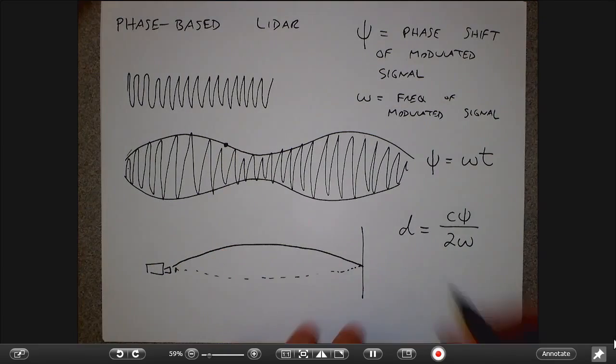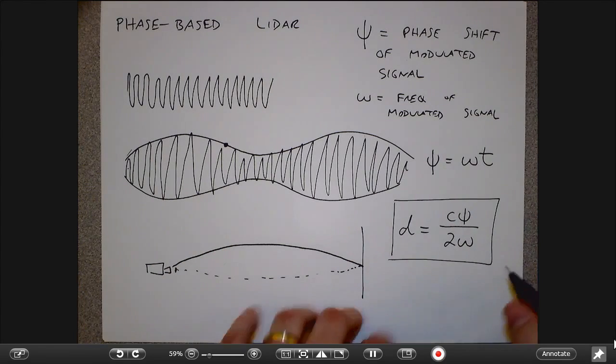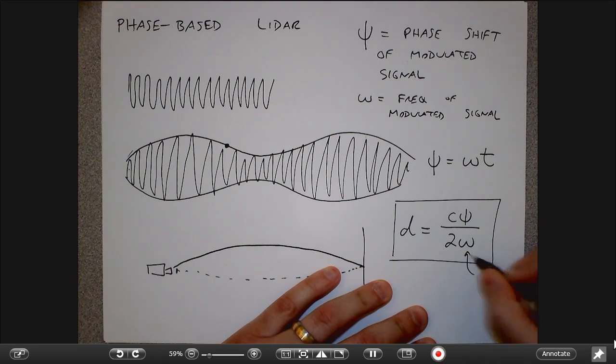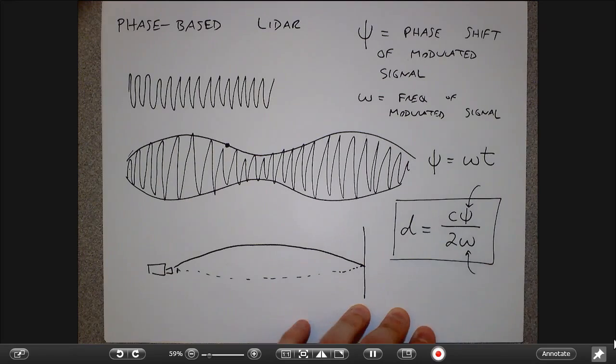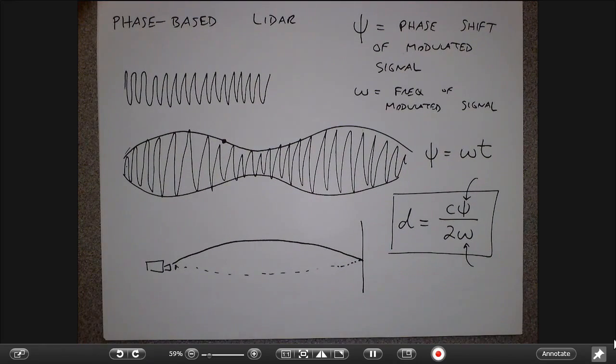Combining my previous two equations, I know the frequency of the slow sinusoid, the phase shift of that sinusoid, and the speed of light, and so this turns out to be